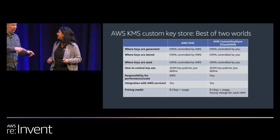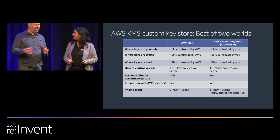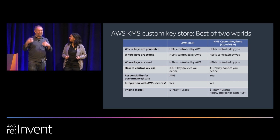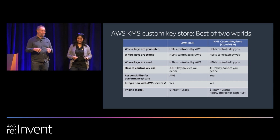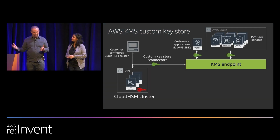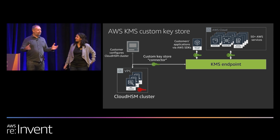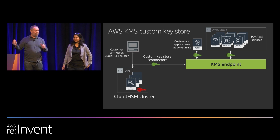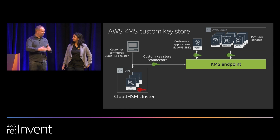Here's an interesting segue, because I got a question the other day saying, can I create a RAID 10 array of Cloud HSMs? We have an internal version of Stack Exchange we use to help each other. And some solution architect got from a customer, well, the customers get thousands of keys to store. So they want to create this big cluster of Cloud HSMs to store them. And by the 7 minutes it took me to get to that answer to say, what on earth are you doing? 10 other AWS people had replied,